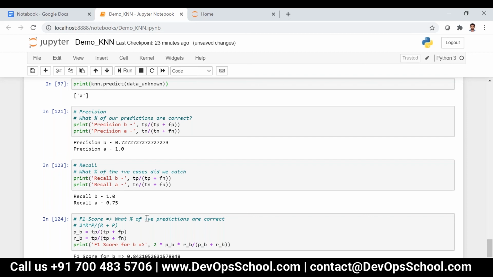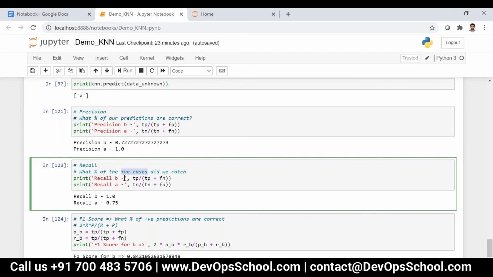True positive actually is one, predictor is one. So it will compare both, it will take both. But over here, it will take it separately, like positive cases for B, positive cases for A. That's why we are considering both precision and recall for the F1 score.